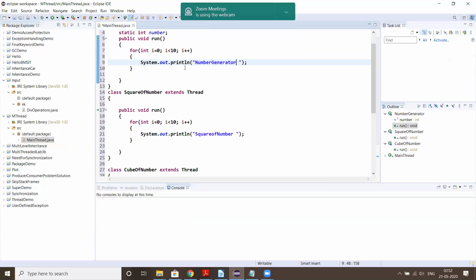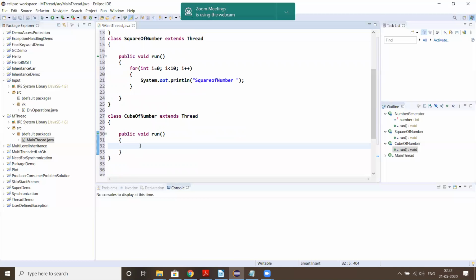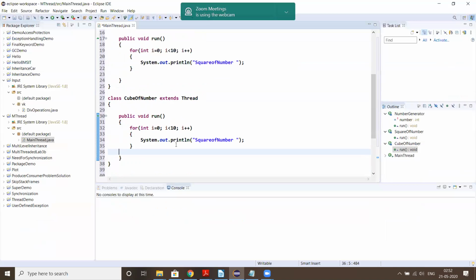Just initially it just displays. Later we will replace this code with the respective operations. And here also, in this case, it should find the cube.